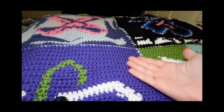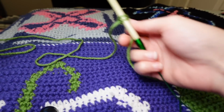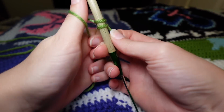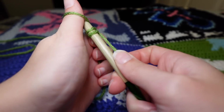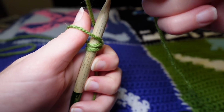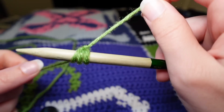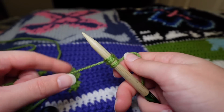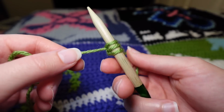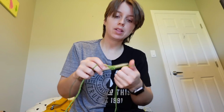What a beautiful background. This is our tail, the one that's not attached to the ball. So we wrap this around our thumb like this. We stick the needle in the little loop we made. Then we wrap this around like so, and then we pull this over, and then we kind of just tug everything a little bit tight, not overly tight, and then you do that forever until you get all your loop-de-loops on there. This takes me forever, but there are people out there who are like,